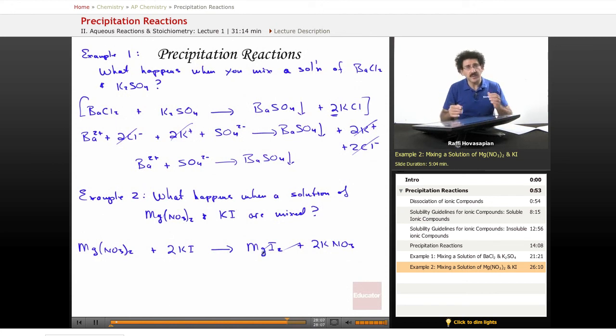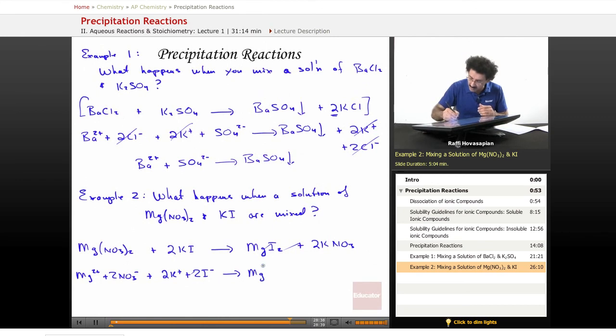So now let's check for solubility, because that's what we do next. Well, magnesium nitrate is fully soluble. Therefore, we have Mg2+ and 2 NO3-. Okay, potassium iodide, fully soluble. Therefore, we have 2 potassium ions, 2 iodide ions. Well, now let's look over here, magnesium iodide. As it turns out, magnesium iodide is also soluble. Therefore, you have magnesium 2+ and 2 I-, and potassium nitrate, definitely soluble. So 2K+